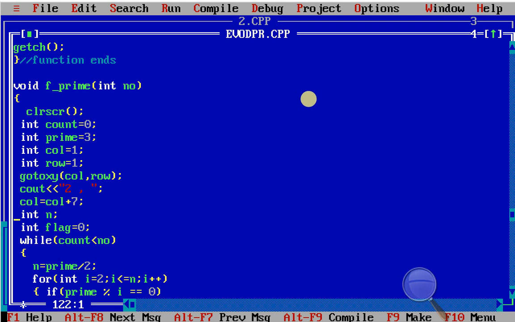Okay, so here we have printed, then we have incremented the column by 7, we have initialized the flag by